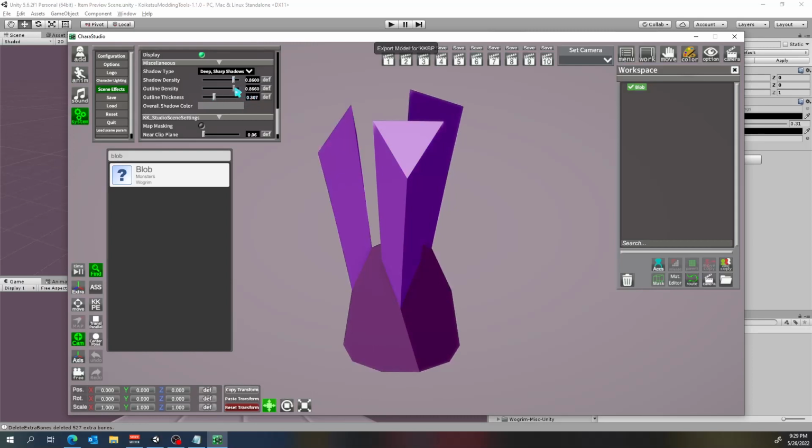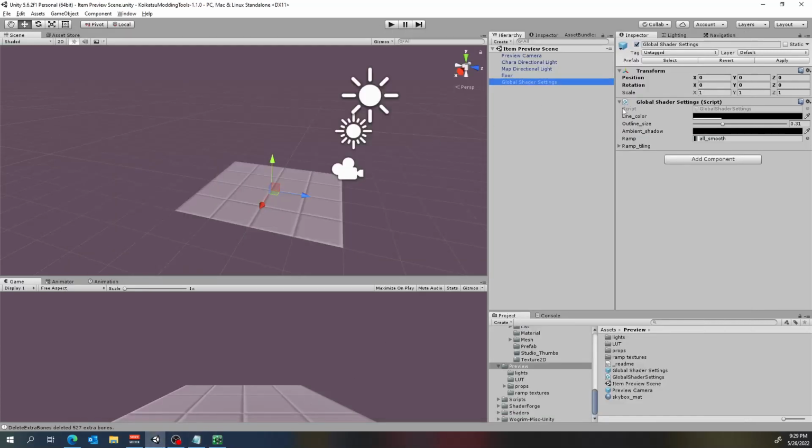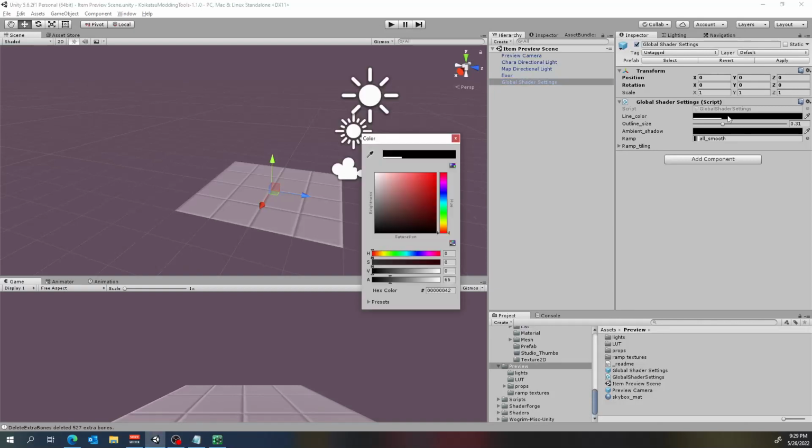Basically it's black at one end and white at the other end, and the outline thickness, and you can even change the overall shadow color to make it like green tinted shadows or something if you want. All that good stuff is now here. It's not named the same. I haven't looked into the actual programming to get it the exact same as in game, but